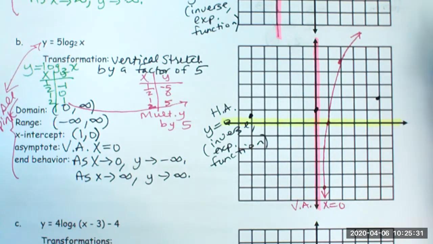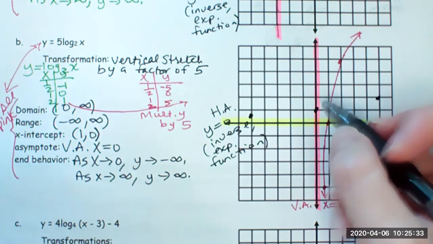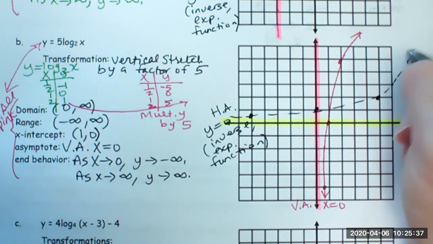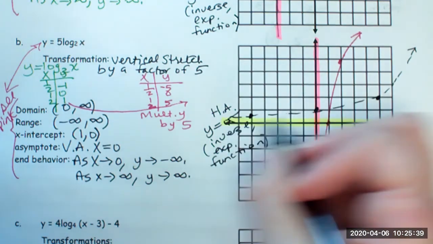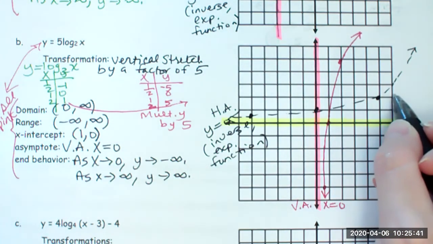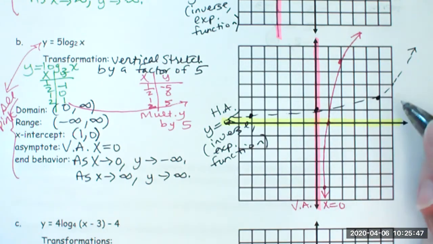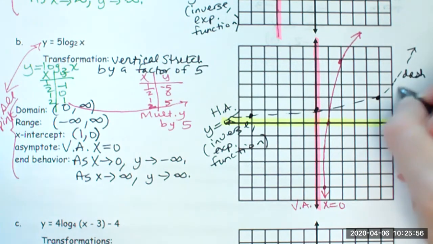Okay. And I'm going to go ahead and dash that in. Be mindful of the shape of the graph, because if you just connected those points, you might accidentally draw a straight line. And that is not a linear equation, it's exponential. So make sure you continue that graph, even though I'm not making you draw more than 3 points, okay? So the dashed is the inverse, the exponential function,